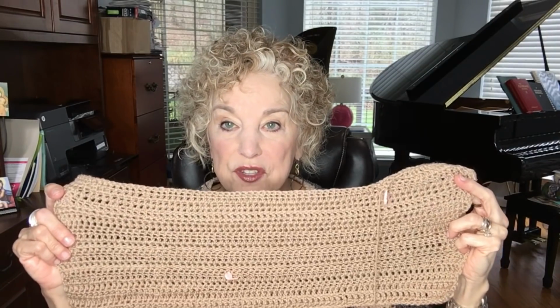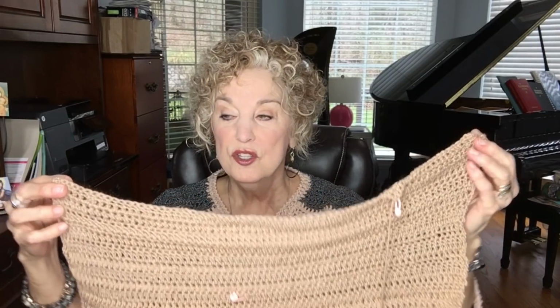make the back, this is the front, I'm going to make the back just a little bit wider, and then I'm going to decrease to the point where I get to this width. You see what I mean? So at the shoulders the back and front will fit to each other. Now this will, of course, have a neckline in it like that, just like this that I'm wearing. It'll have a neckline like that, and then this will need to match the back